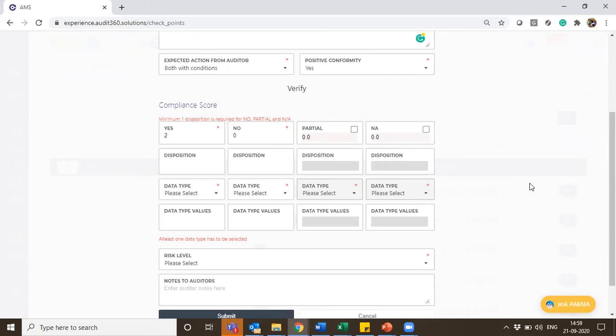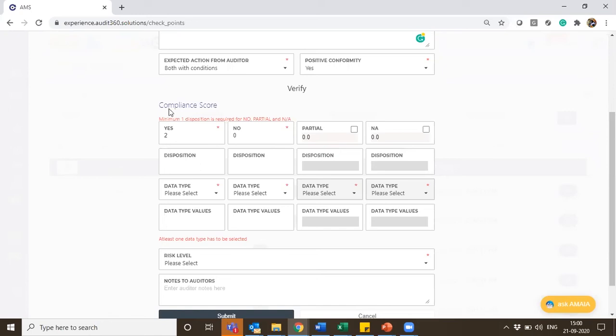To overcome that, we have introduced something called disposition. In disposition, we can give a standardized list of issues expected in this particular checkpoint as a drop down. For an auditor, it is just a choice to be made when he's executing the audit, and he saves time in typing. Also, the central resource saves time in cross verifying, consolidating and standardizing. This would also help in getting a very ready reference report immediately.